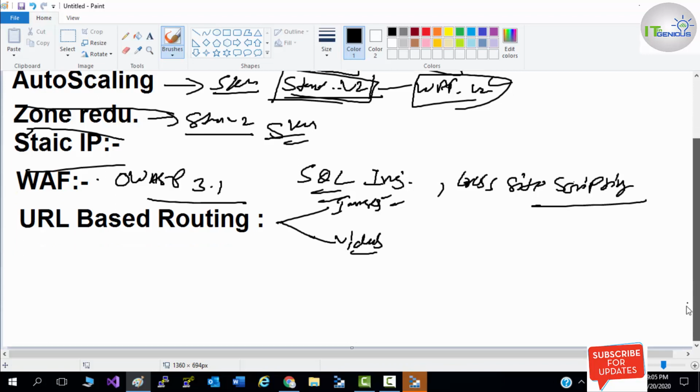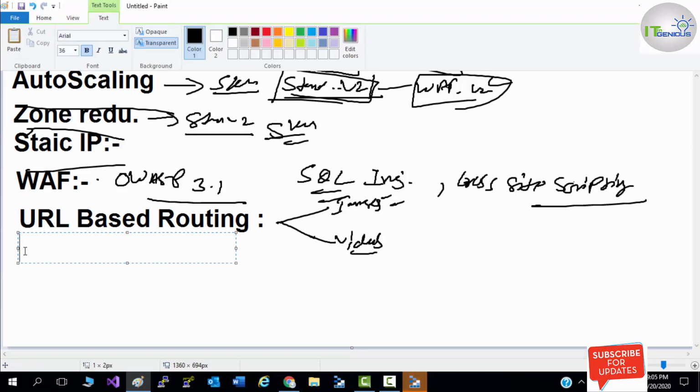Now the next feature is multiple site hosting.